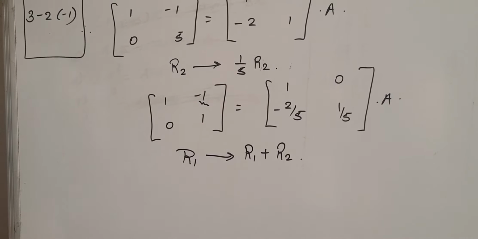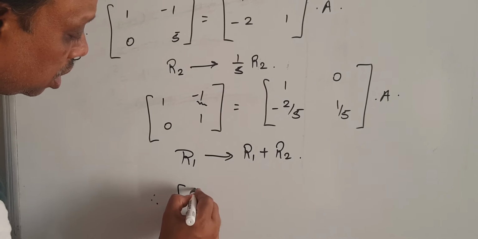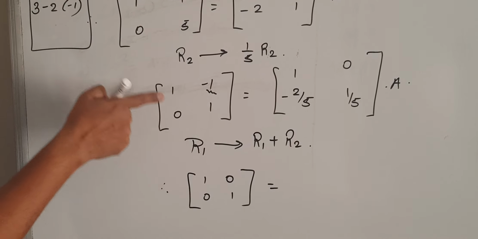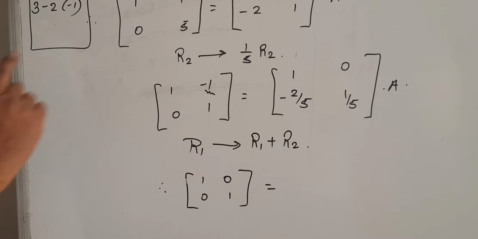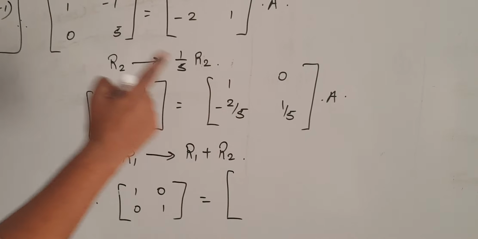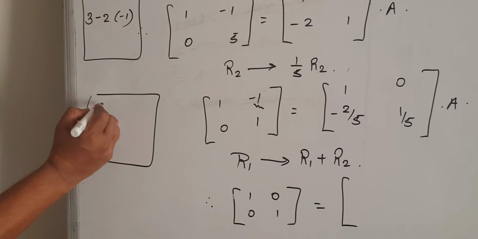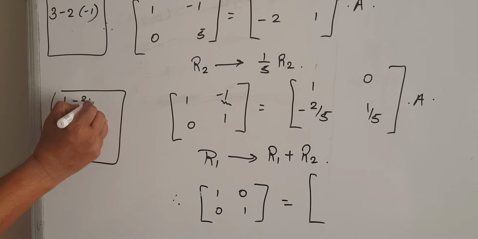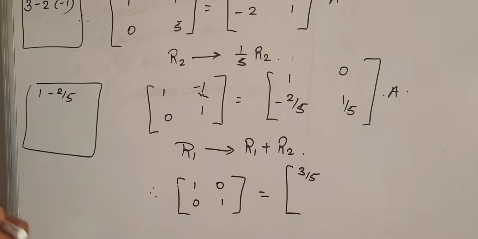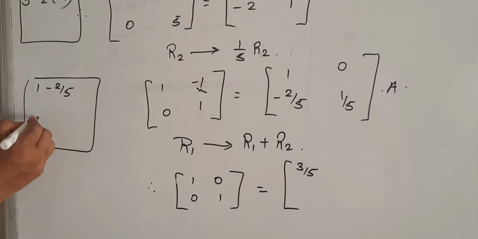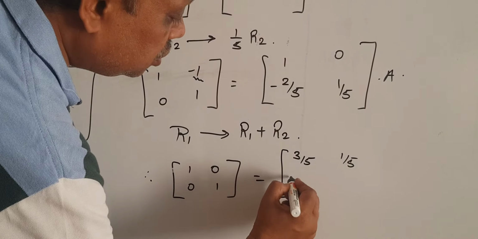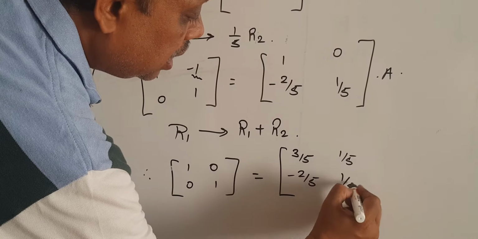Simple. That we have to think and decide. So it will be what? 1 0 0 1. You can apply this logic. 1 plus 0, 1 minus 1 plus 1, 0 is equal to. Now we have to add these two, so what will it be? 1 plus minus 2 by 5. So what happened? 5 minus 2 is 3 by 5. Next is 0 plus 1 by 5. That is what? 1 by 5. Rest of the elements as is, minus 1.